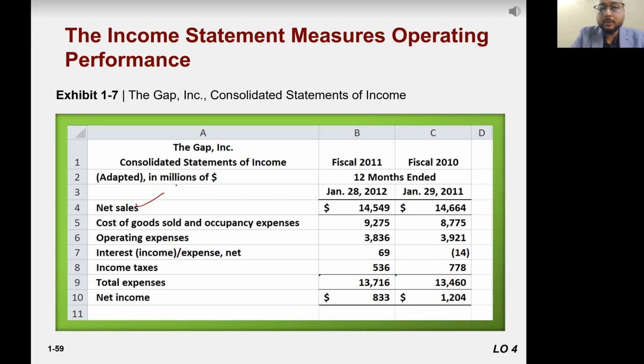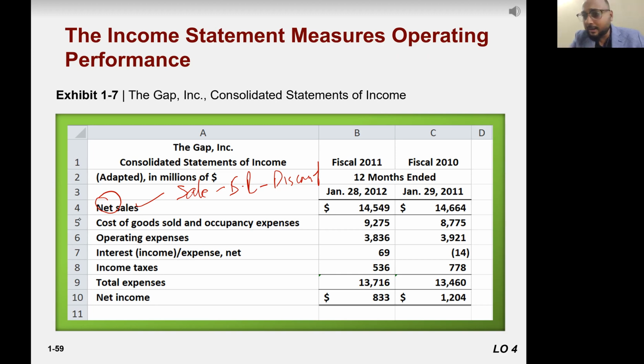Net sales include all the sales or revenue minus sales returns, sales discounts that you gave to the customers and all the stuff. So that's why there is a net here. So don't get confused, sir. What does it mean by net sales? Why not just sales? Plus, if you pay close attention,